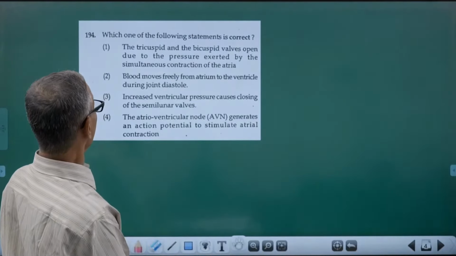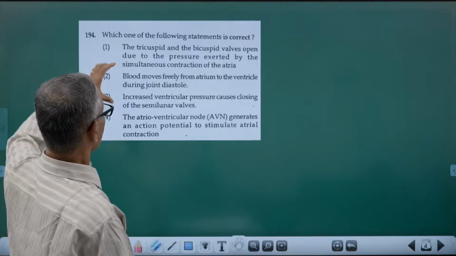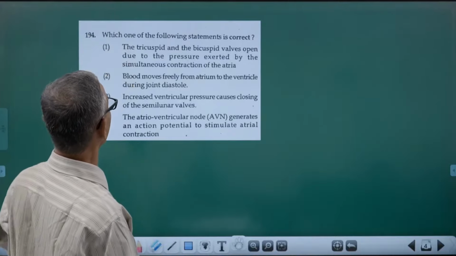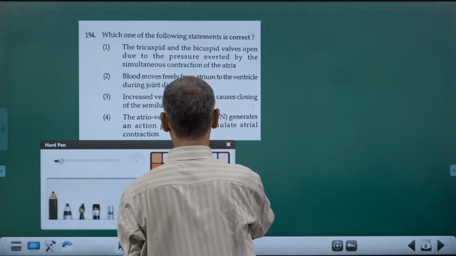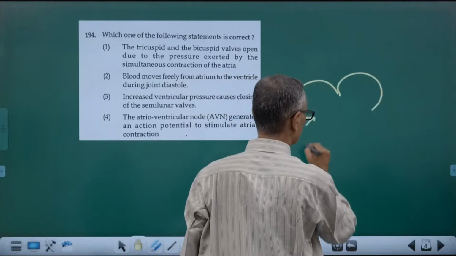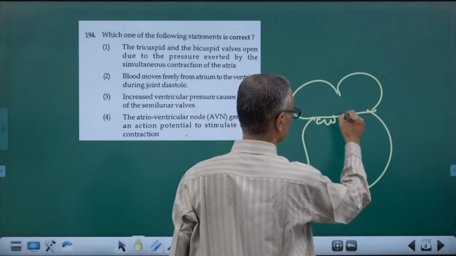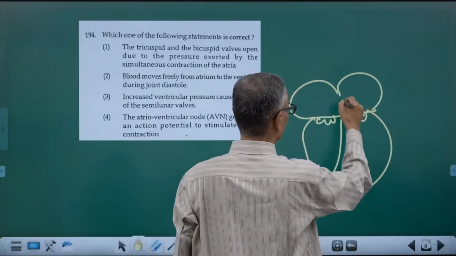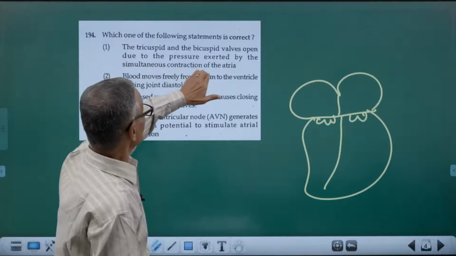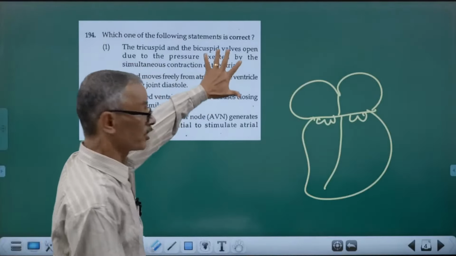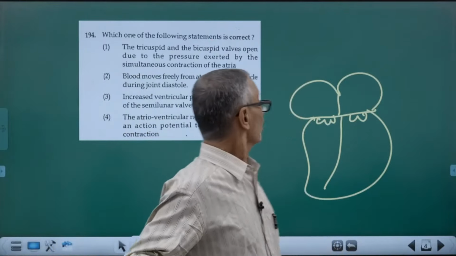Which one of the following statements is correct? The tricuspid and bicuspid valves open due to the pressure exerted by the simultaneous contraction of the atria. See, tricuspid and bicuspid valves, they are all opening by the pressure exerted by the simultaneous contraction of the atria. These valves are also opened. Okay, you will be having the valves